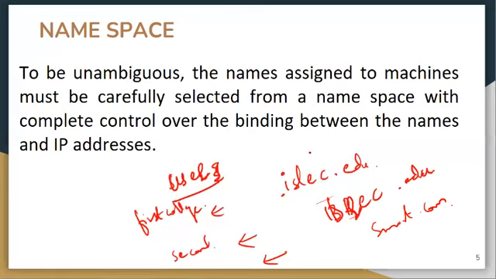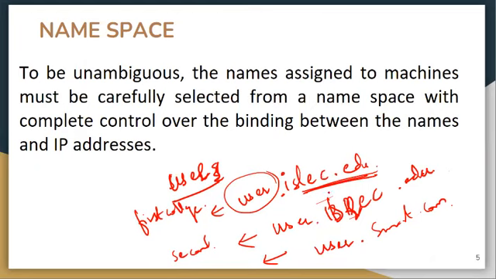So when these organizations add the name user, what will the address become? user.islec.edu, user.brec.edu, and user.smart.com. So basically the names are unique, right? Why are the names unique? Because the name part decided by the central authority is unique. That is the reason the central authority controls only part of the name and not the whole, and accordingly we can assign each system's address to that part of the name. So this is with respect to the hierarchical namespace.